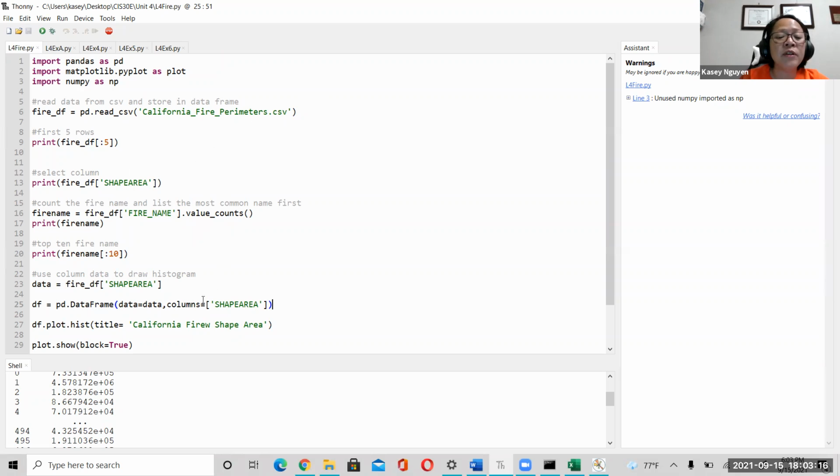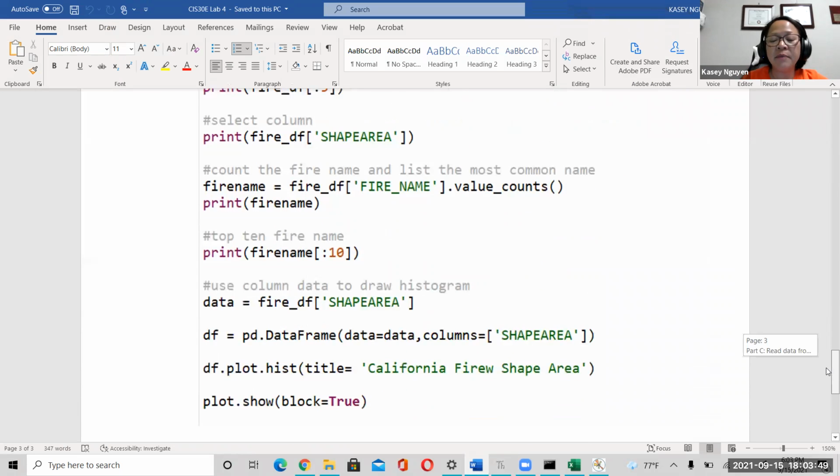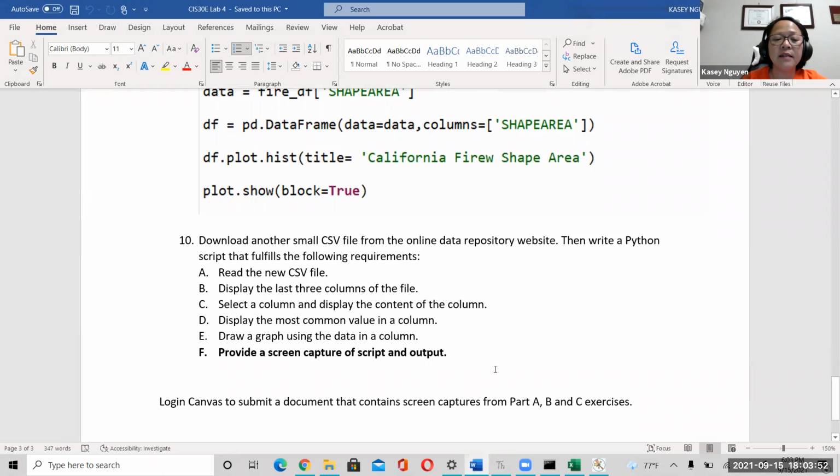I didn't want to graph the whole thing, so I had to create another data structure to utilize it. But if you can reuse the data structure, then it really depends on the goal of your program at that point, right? What are you graphing? Okay, so once you have the program running, right here,